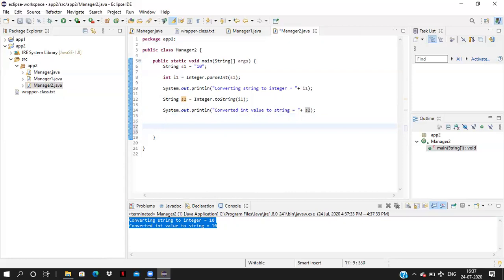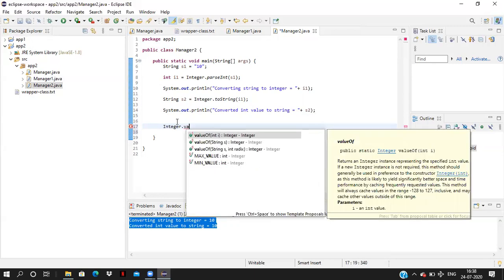Now here we have to learn one more: converting integer primitive type to the wrapper class. We have seen we can use the constructor of the wrapper class, or directly we can create the wrapper class reference, Integer i1 equal to, and assign the value. Here we have one more method, Integer dot valueOf.